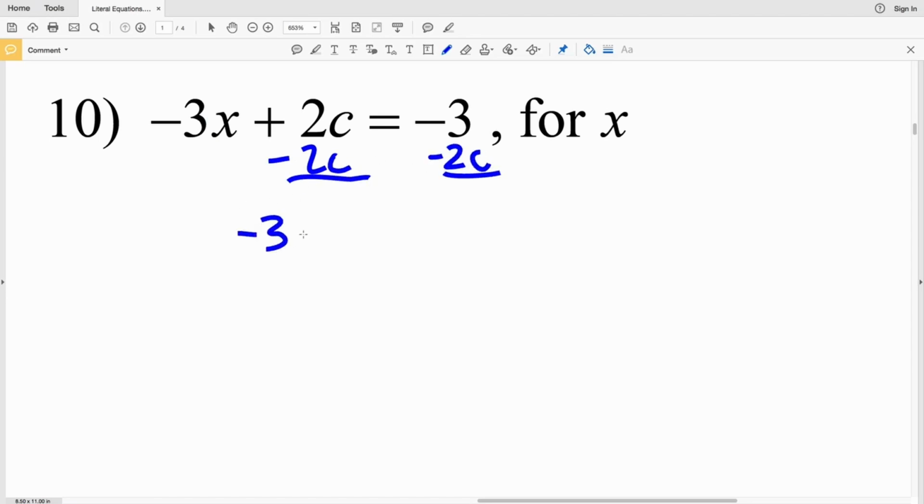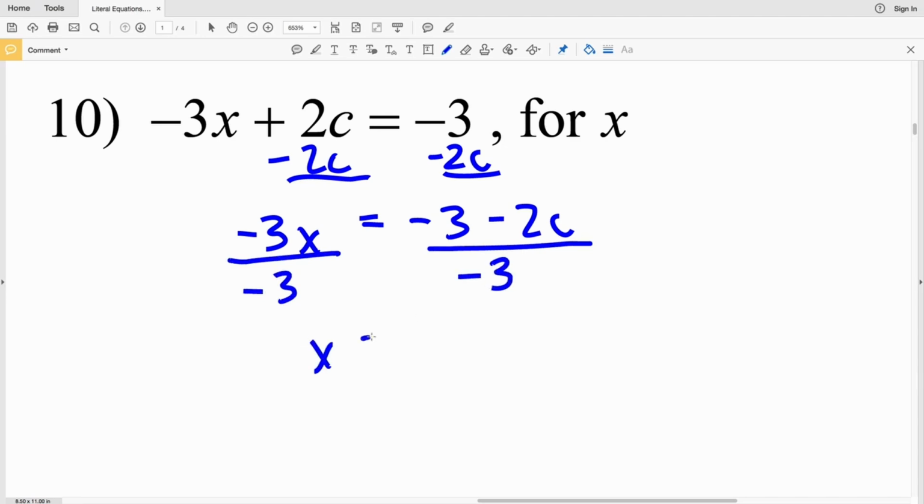That'll leave us with a negative 3x on the left, and that's going to be equal to negative 3 minus 2c on the right. Now our last step is to divide by a negative 3. We'll have x equal to negative 3 minus 2c all over negative 3. Let's go ahead and move the negative to the top and say negative 3 minus 2c all over 3, and